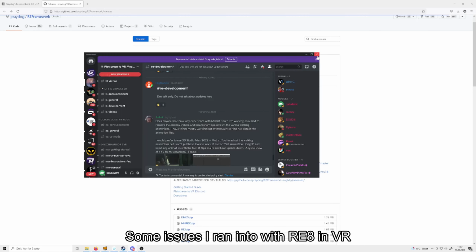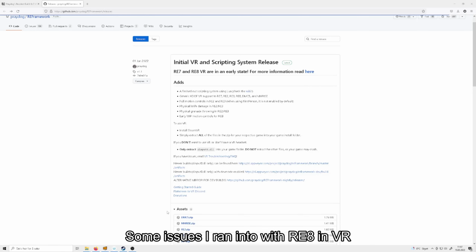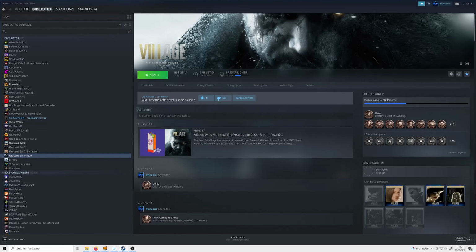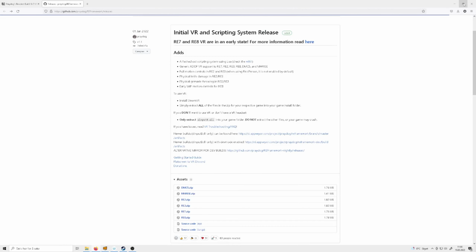Now that's out of the way, I'm going to talk you through how to get this thing to run, because Resident Evil 8 is still in early access. So Praydog is not finished with this mod, and there are some tricks to getting it to work in its current state. So one thing you'll have to do is you'll have problems getting the game to display in your headset. If so, you'll have to unplug your monitor to get the game to display in your headset, because the game